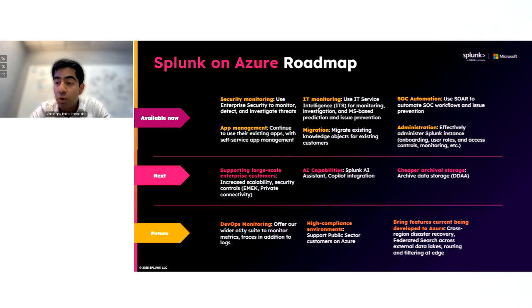We also want to offer improved routing and filtering capabilities at the edge. Some capabilities are built in already with the existing ingest actions feature, but once we launch Edge Processor on Azure, it'll offer support for much more complex use cases. In addition to that, we're also bringing our wider observability suite, including infrastructure monitoring, application metrics monitoring, etc., to Azure,